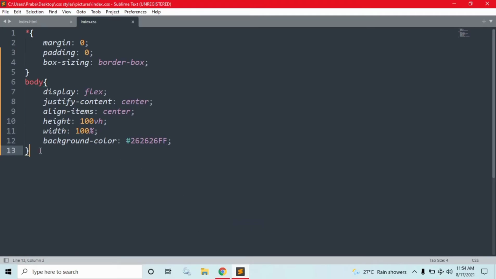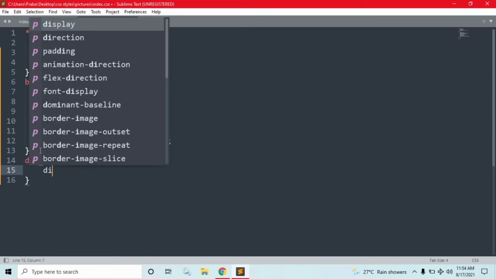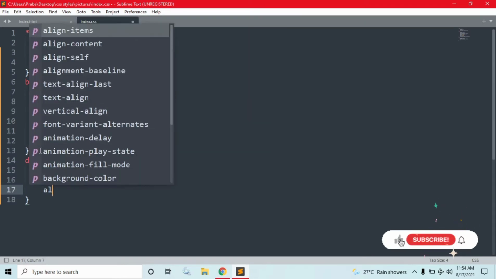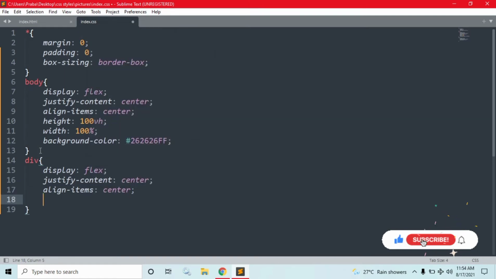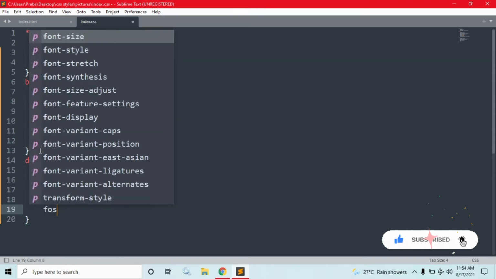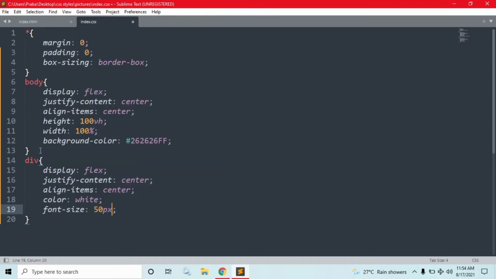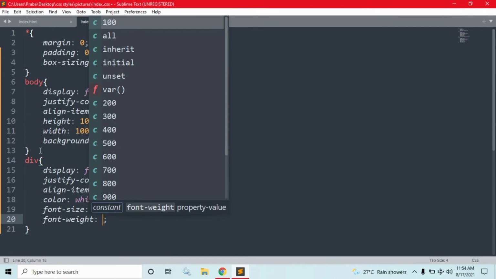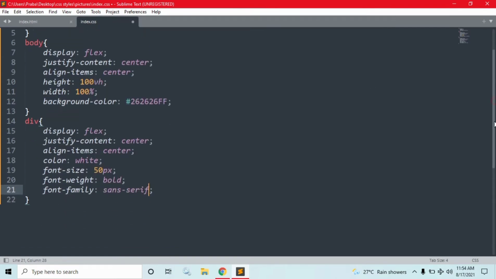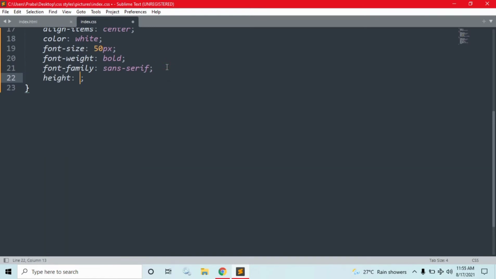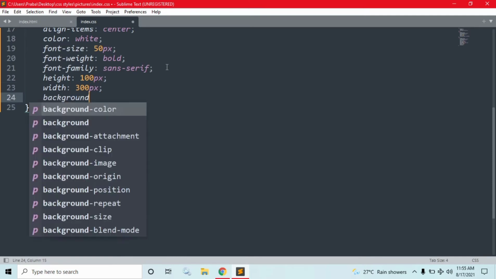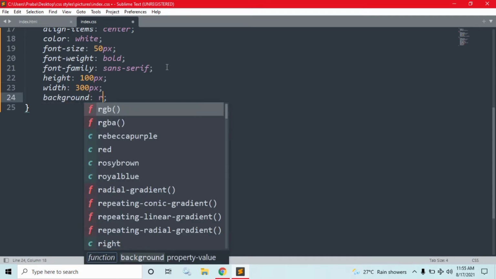Let's start to style our div. Display flex and justify content center, align items center and color is white, font size is 50 pixel and font weight is bold, font family sans serif, height is 100 pixel and width is 300 pixel and background is RGBA